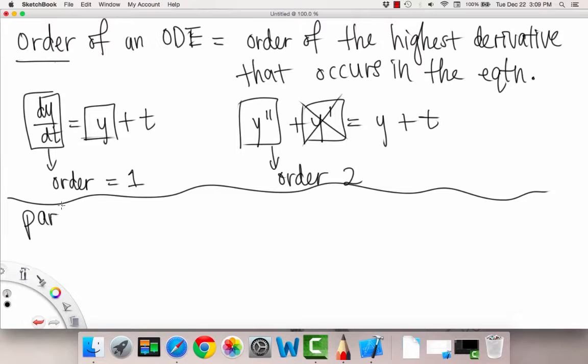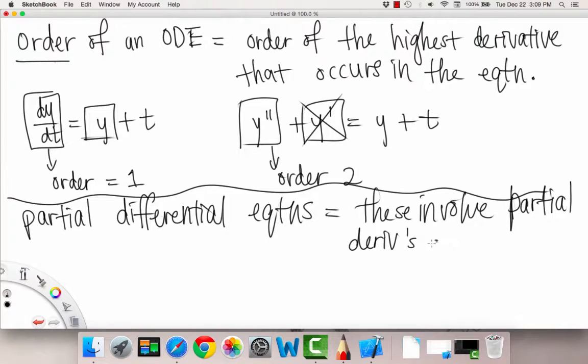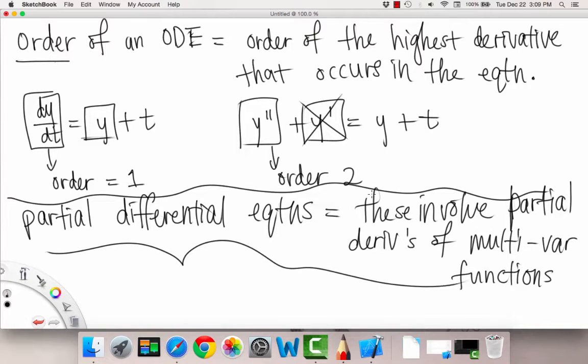There are what are called partial differential equations, and these involve partial derivatives, I'll just abbreviate here, of multivariable functions, okay? And these ones, even though that sounds super complicated and everything, we will not be dealing with